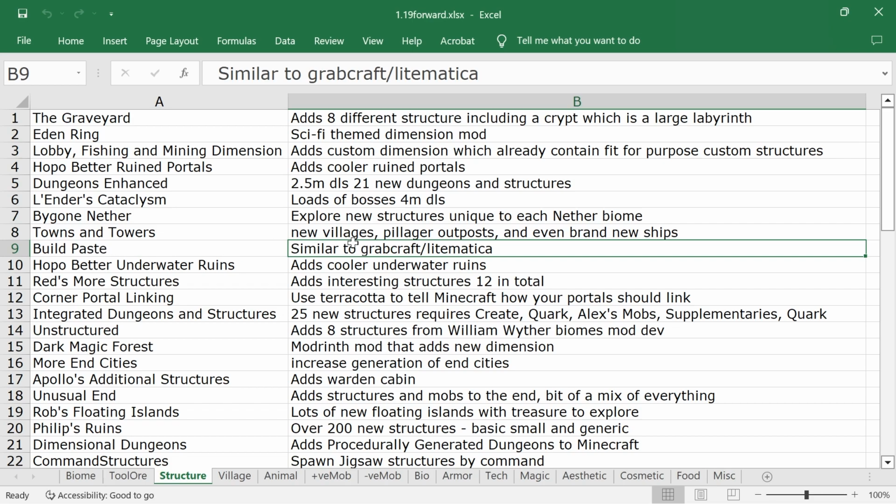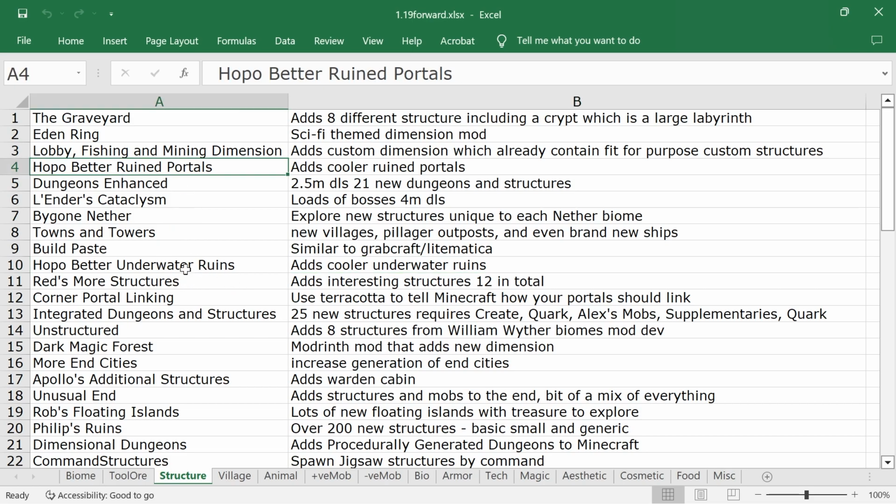Build pace similar to Gravecore. Yeah, this is basically what I normally use. I basically use the combination of these two mods. I might check it out, but if this still exists, I'd probably just stick with that. Yeah, Underwater Ruins one as well. Might be worth it. I might check this out, to be honest,